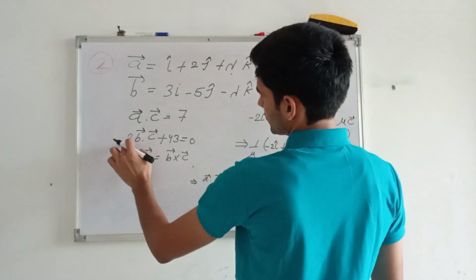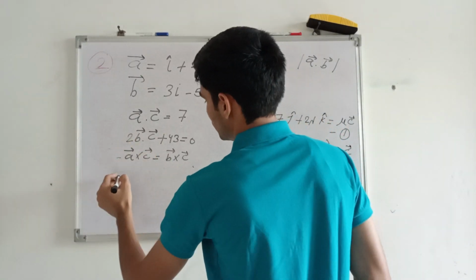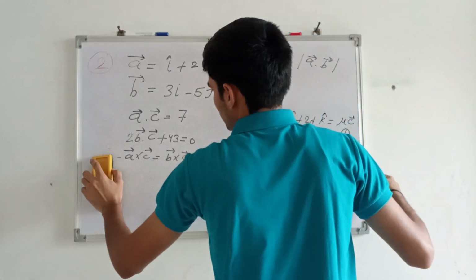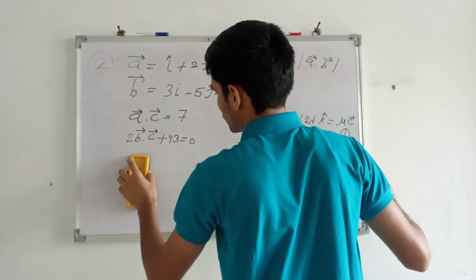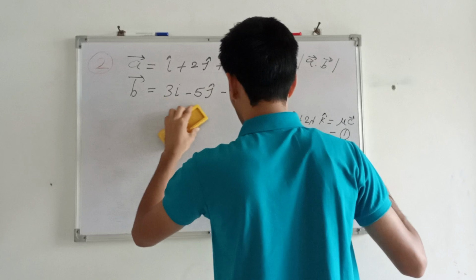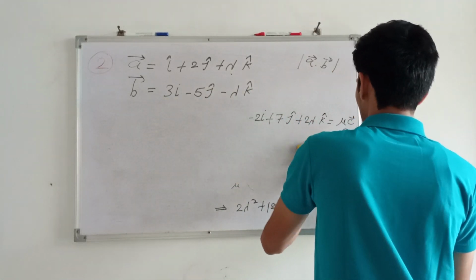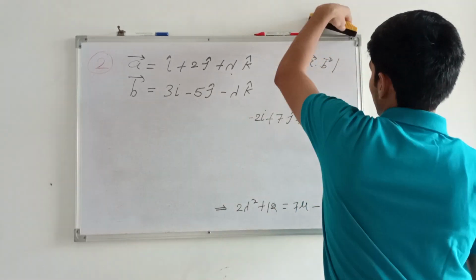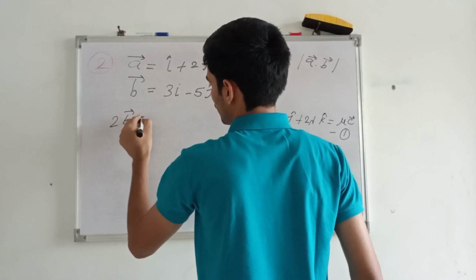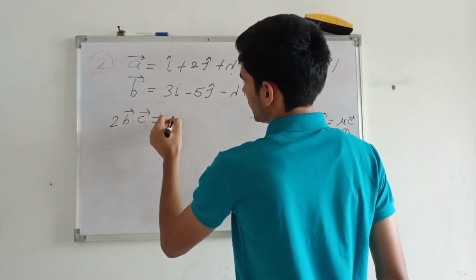Now let us use this condition. This was the another condition which is left, so we can write it as, let me create some space. So just remember 2 into B dot C plus 43 is equal to 0, and these are the two conditions, right? So what was that condition? 2B dot C plus 43 was 0, so bring that 43 to this side, we will get minus 43.